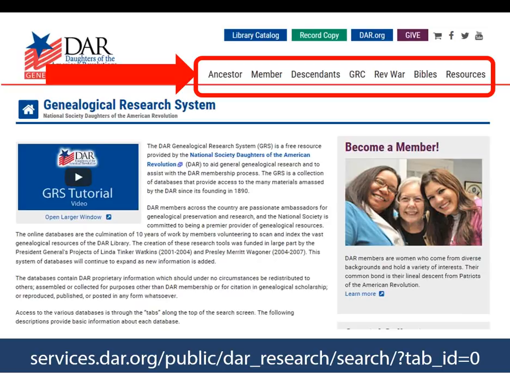The Revolutionary War Pension Index is also there, and the Forgotten Patriots Research Guide, which deals with ancestors of the minorities, so the African American and the American Indian Patriots. There's the Bibles database. This is a newer database, and some of the resources may not meet the current genealogical standards. And under resources, there are the DAR Library Analytical Card Index and the DAR Magazine Archive. The three most used databases are the Ancestor,